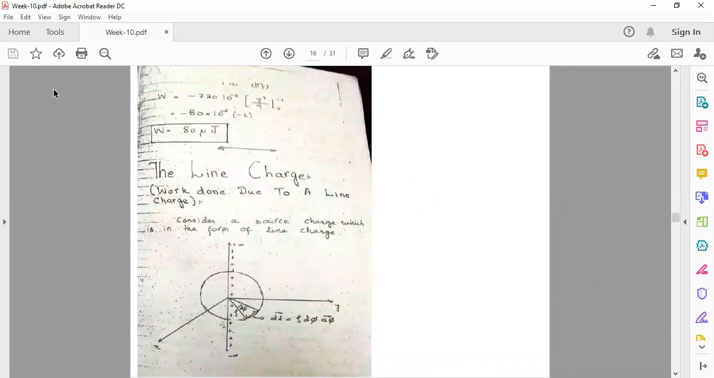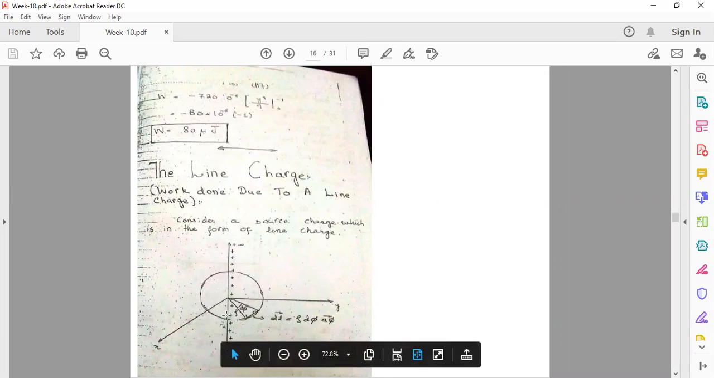Okay. So we will start with the line charge. First of all, we have to find the work done along a circular path. For example, if we start from this point and go along the circular path and come back to the initial point from where we started. So this is actually the circular path. We have to find how much work is done in moving a unit positive charge against the electric field